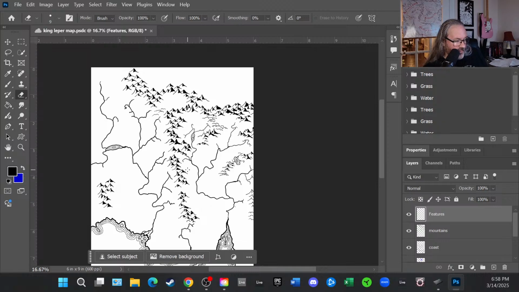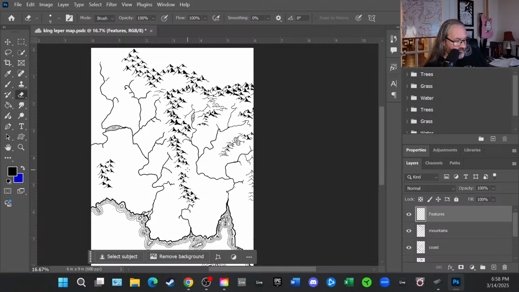All right. So I think that's good. Okay, so now we have the features layer. What are we doing on the features layer? Well, short answer is we are going to